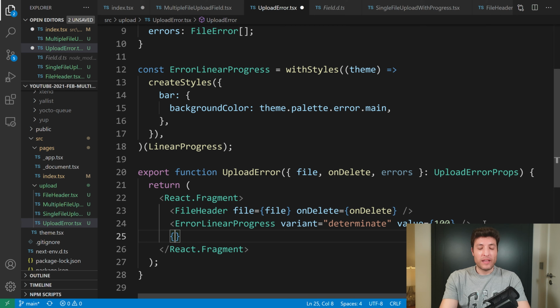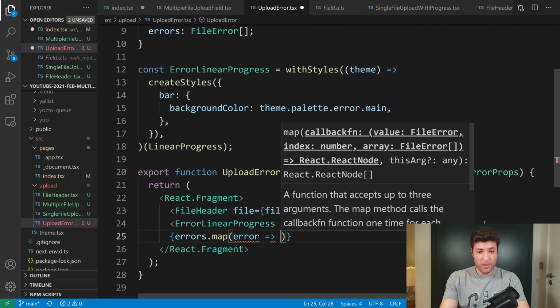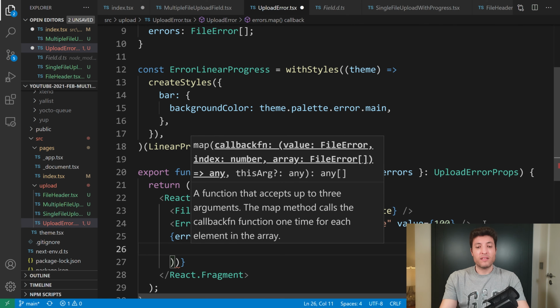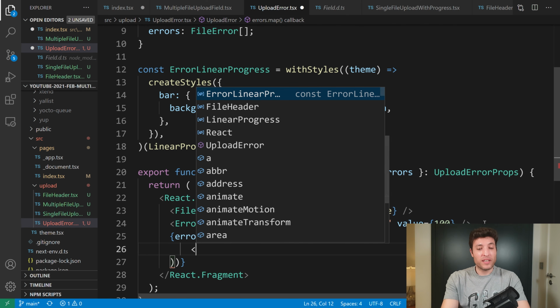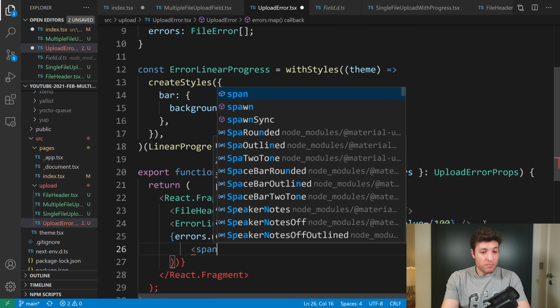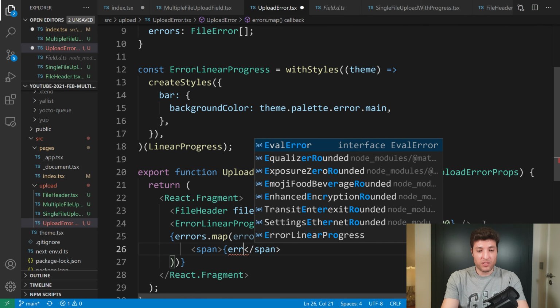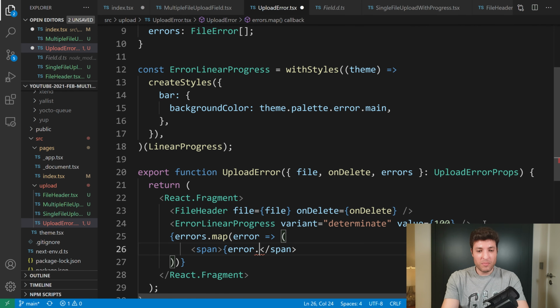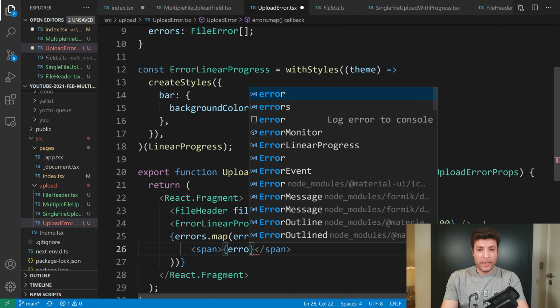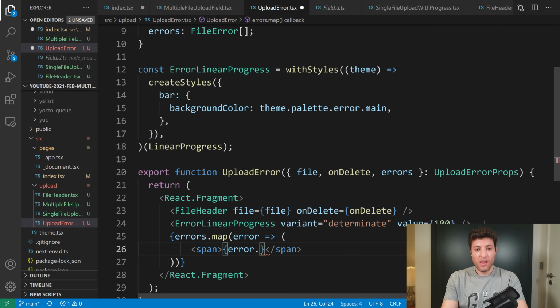So let me do this. Let me go errors dot map. And now I have the single error that happened to me. And the only thing I need to do is, for example, to have a span where I will just put all the errors one after the other. And the error has something called a message. So error dot, I think it is message, isn't it? Error dot